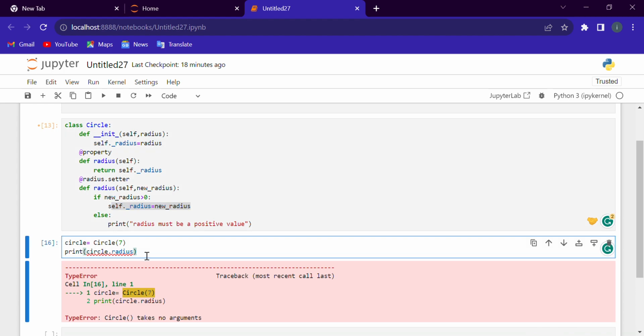There shouldn't be any mistake in this. I just don't know why it is giving an error,